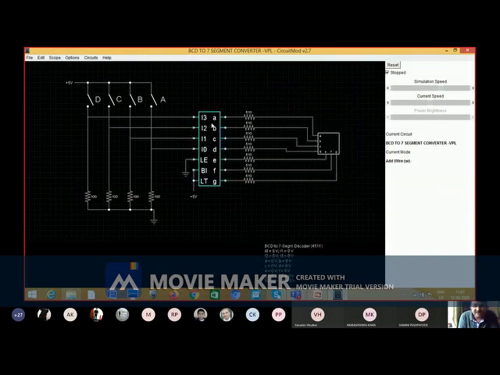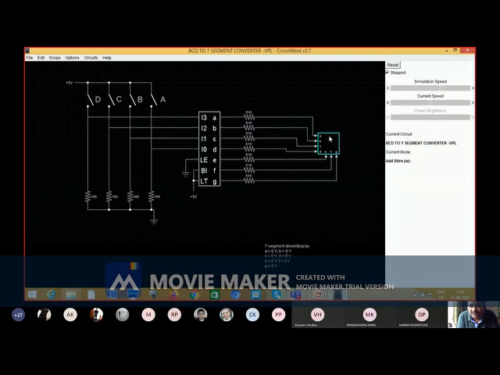You can see these are the inputs and these are the extra parameters needed for this decoder. So this is a blinking input, then lamp test, etc. So these two terminals connected to high, this connected to ground.